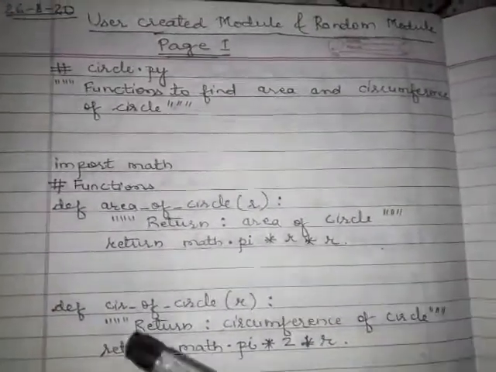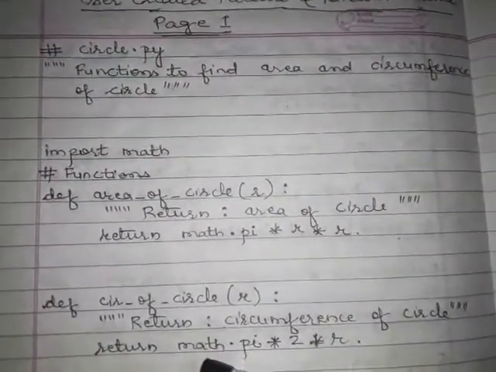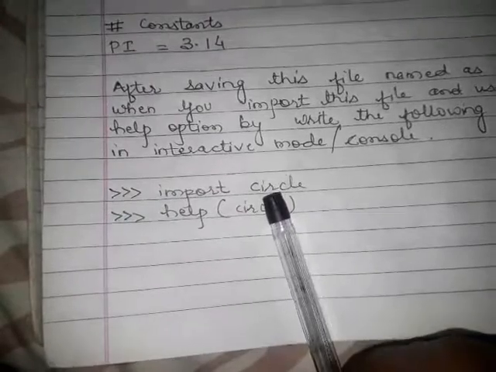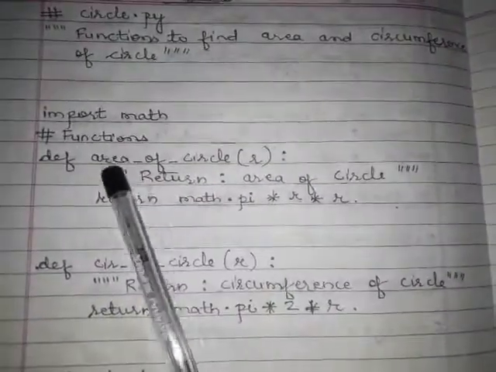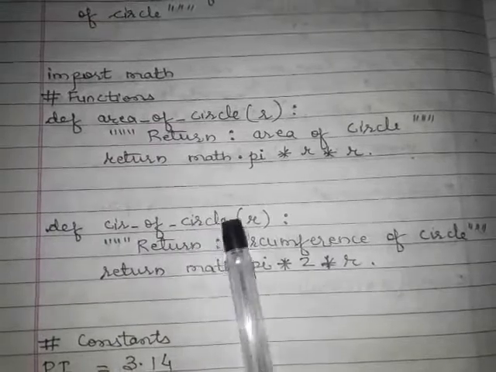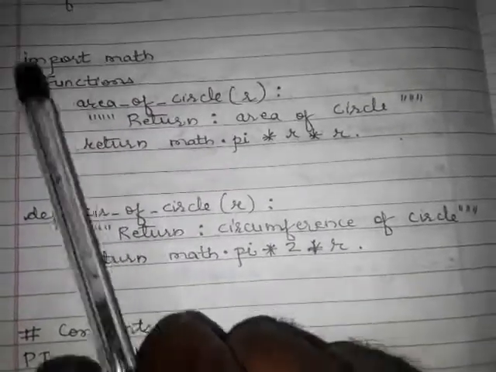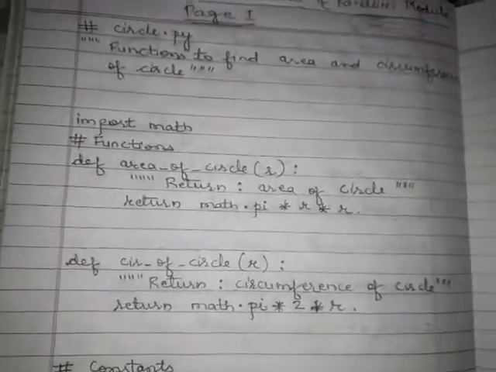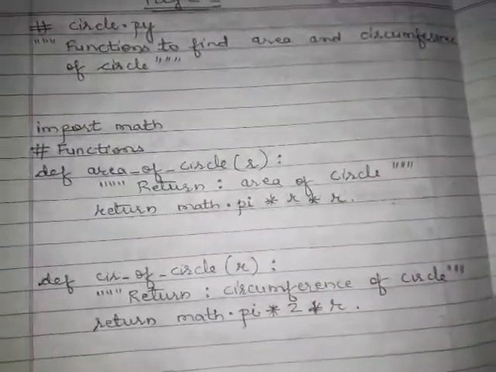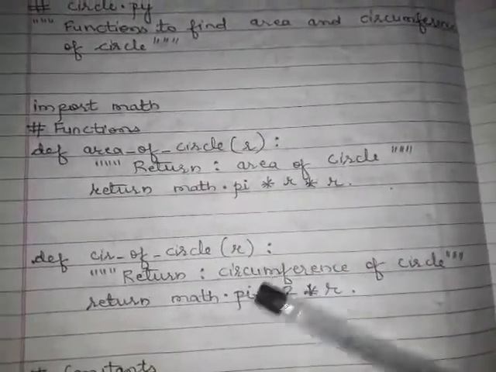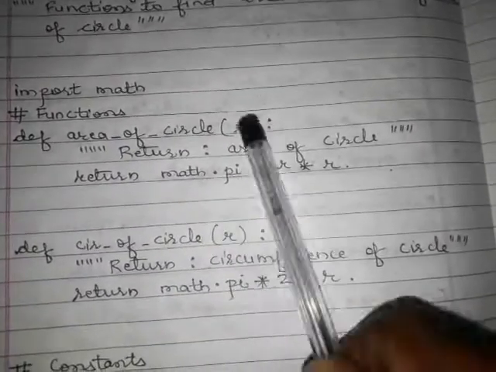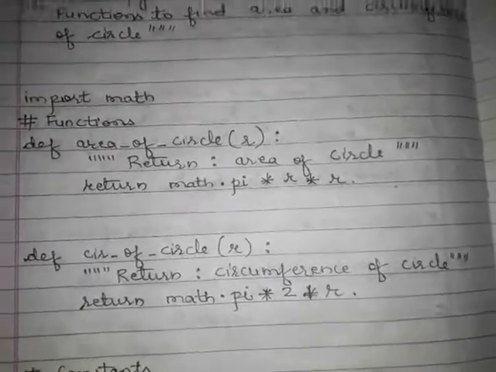By this way we showed how to create a module, and you can use this module in your own program. To use this module in your own program, you have to first import this module, and then you can use the functions area of the circle and circumference of circle by their qualified name, meaning circle.area of circle, circle.circumference of circle. You can use it in your own program. Check it, make this module, run this module in your program by using the functions area of circle and circumference of circle, by passing the value, and check whether it is working or not.